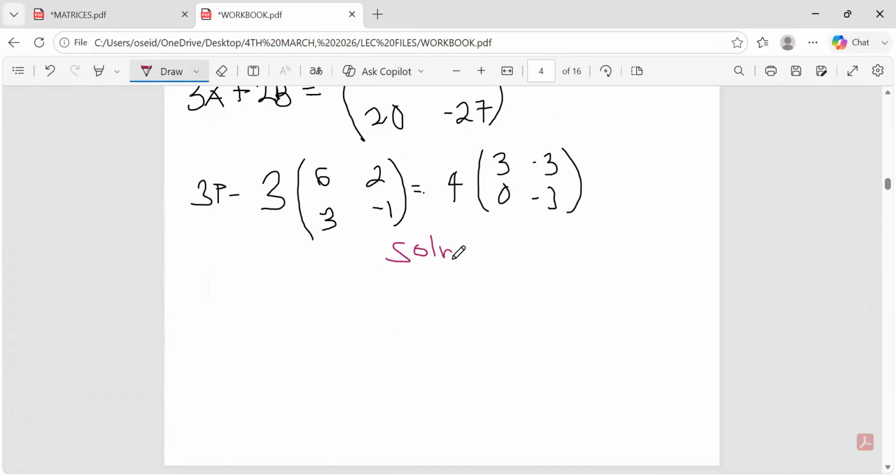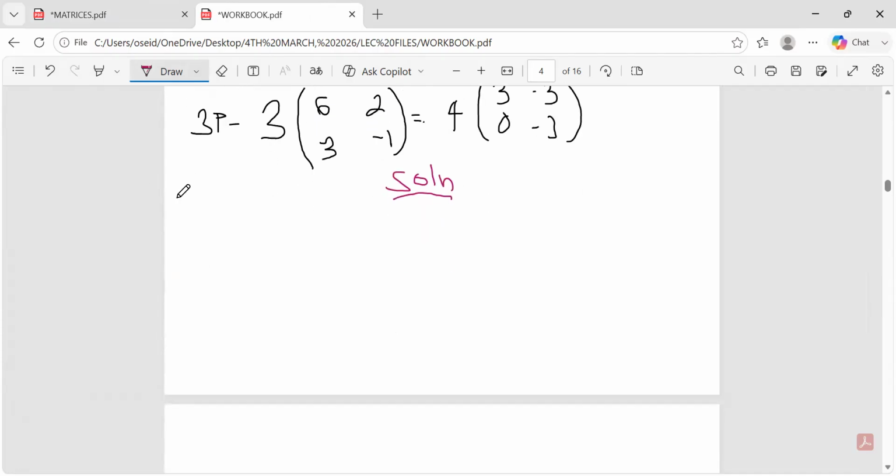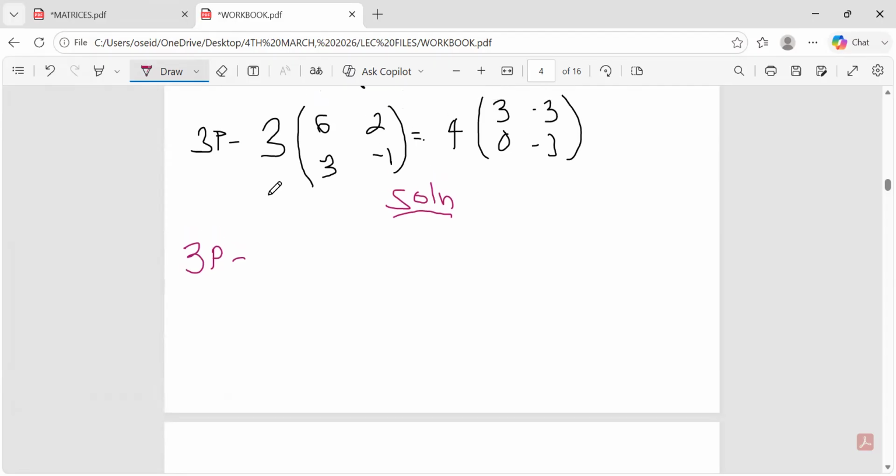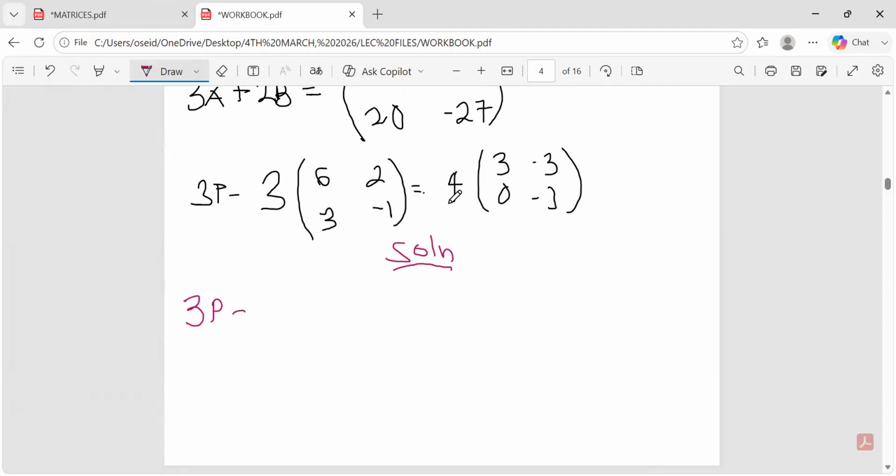Wow, matrix is very interesting. So we are going to get 3p equals or minus. You can choose to expand the bracket first before you group like terms, or you group like terms before you expand the bracket. So let's group like terms before we expand the brackets. We are going to get 3p equals to